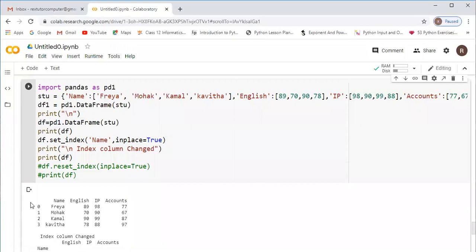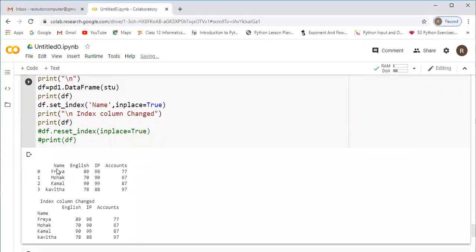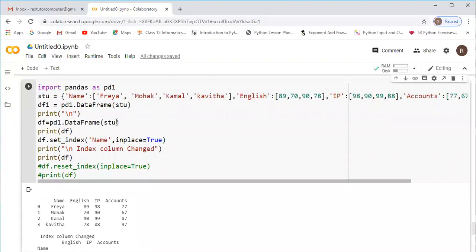This is before indexing: by default 0, 1, 2, 3. After the set index statement, the name is taken as the index. So Freya, Mohit, Kamal, Kavita will work as the index now, and these are the records: English, IP, accounts. This is the way you can change the index column.